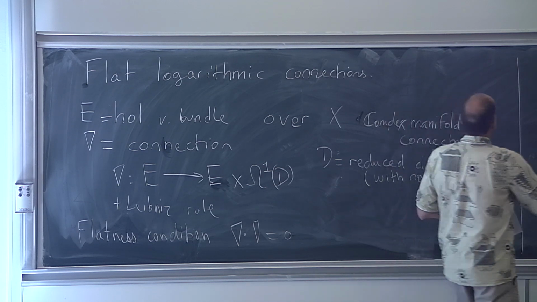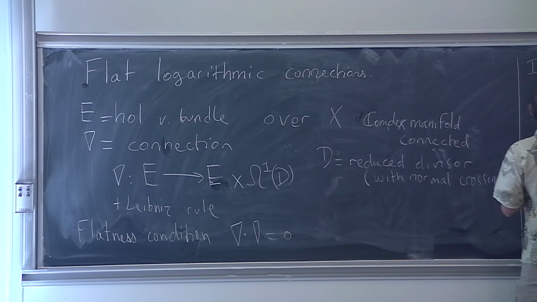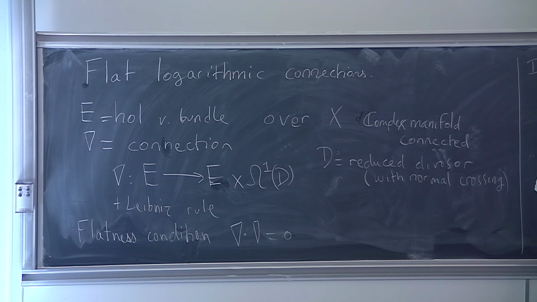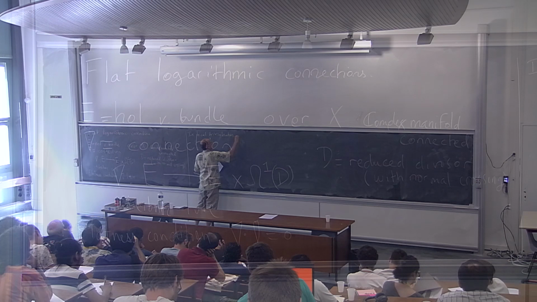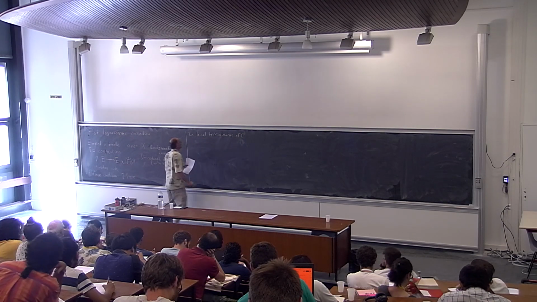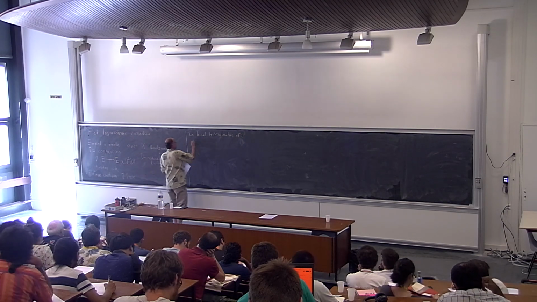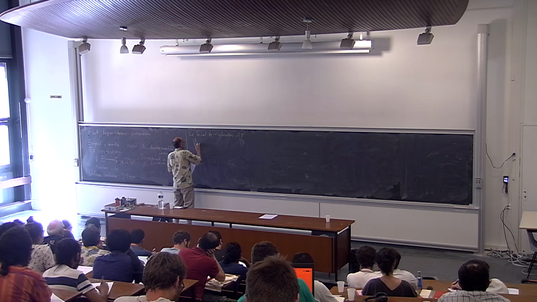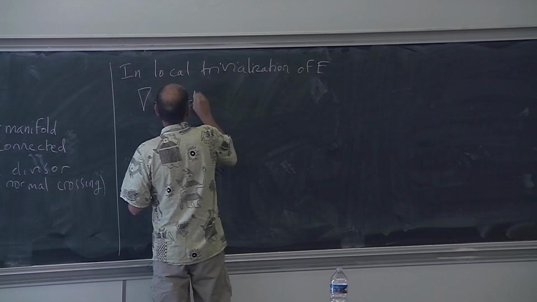Okay, so in local trivialization of E, what we get is that nabla is given by d plus